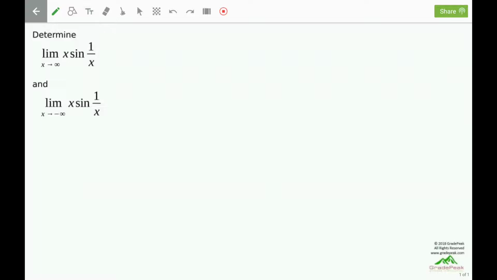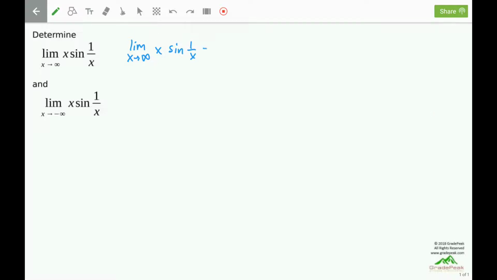Determine the limit as x approaches positive infinity and as x approaches negative infinity of x times the sine of 1 over x. Starting with the limit as x approaches positive infinity of x times sine of 1 over x, the first thing